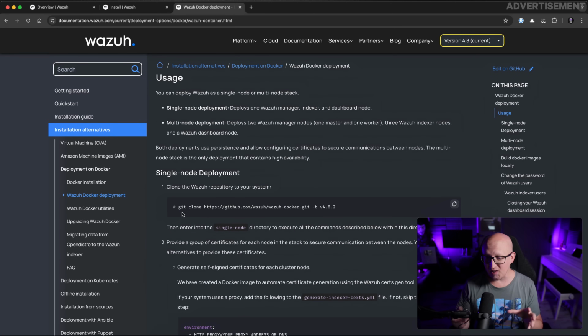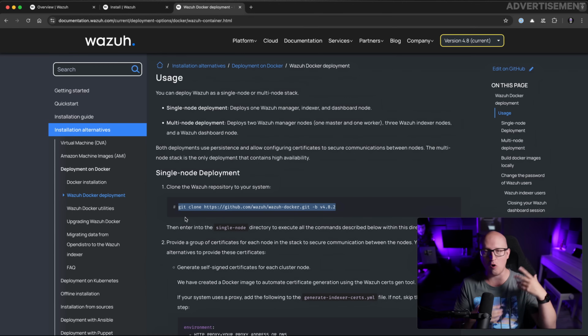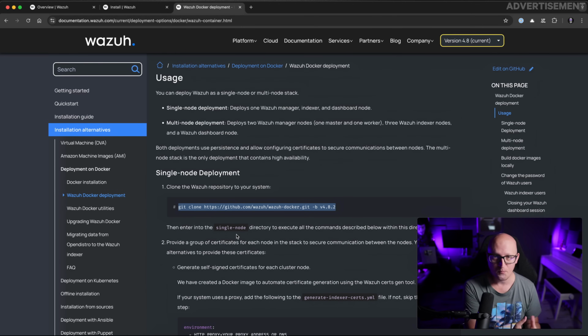The first step tells us to clone the Wazuh repository to our system with this command here. So you could basically execute this on your server, which clones the entire repository with the README files and all the deployment configurations and templates. But I personally prefer to clone this first to my local workstation, so I can easily copy the files that are necessary, and I can make changes to the configuration and Docker Compose files,